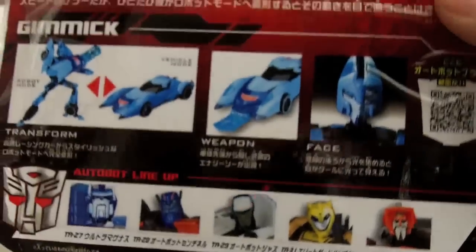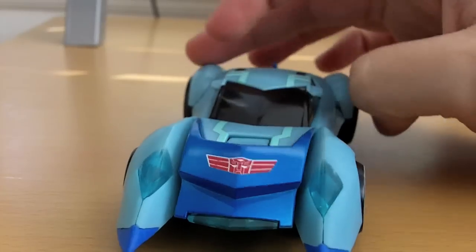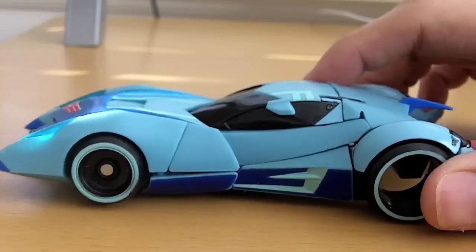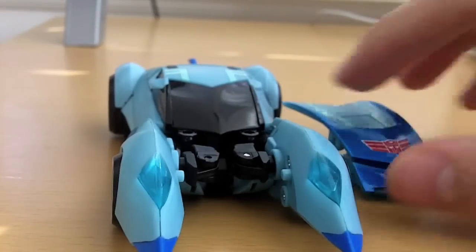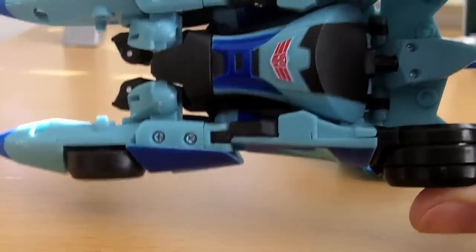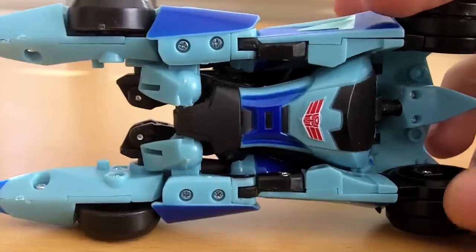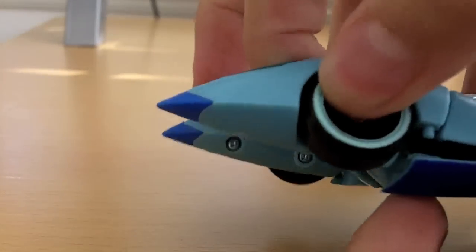But yeah, Blurr's transformation is a bit tricky, but it's really not that bad. I had a little bit of trouble at first, but it's just some getting used to. You need to start by removing his hood part right here. Just put that to the side. He's very similar to how Rodimus Minor from the Animated line works. His legs and his arms are kind of in weird positions. So what you do here is you detach these parts. You see this side, they snap together at this part right here. So this separates the